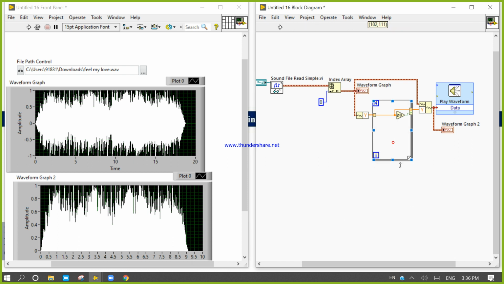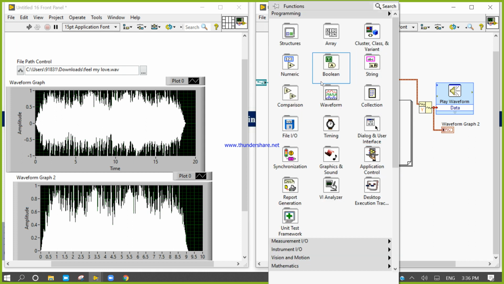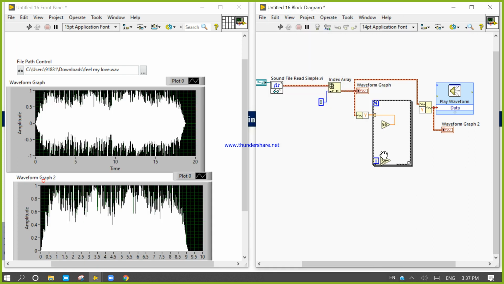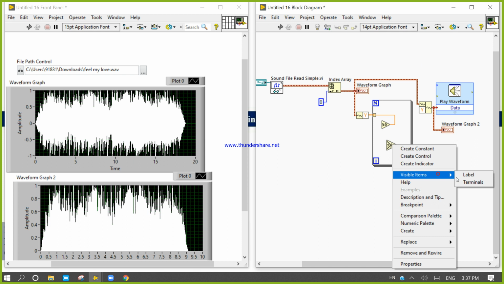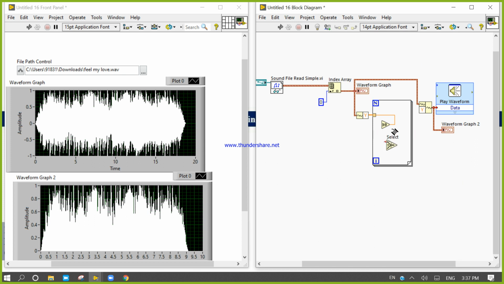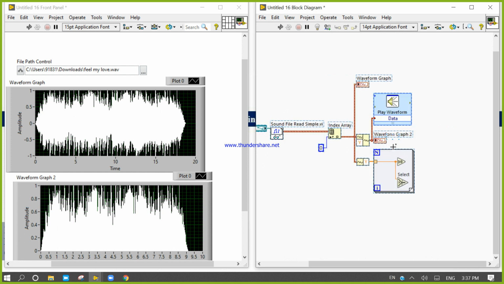Okay, so now I am going to change something. Control B. If I take this select terminal, I will eliminate only those data which are less than 0.